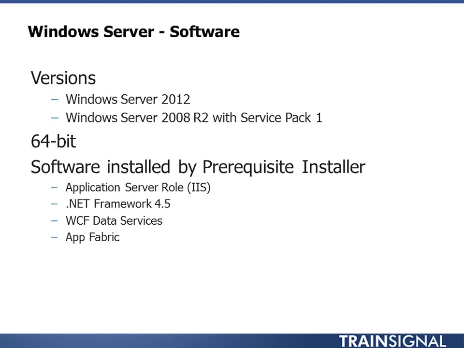Additionally, there are roles and software that need to be installed. These will typically be handled by the prerequisite installer, and that would include things like setting up the application server role, which is going to give you IIS, .NET 4.5, the WCF data services, AppFabric, and a whole